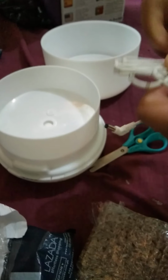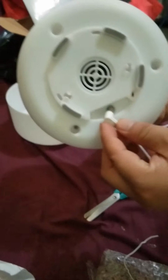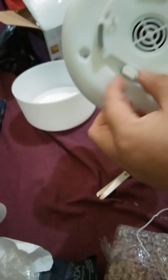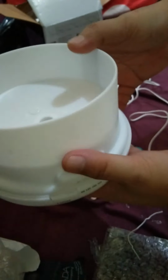So now we are going to show you how to operate, or how to use your humidifier. So first you have to attach the cord. This is the measuring cup. You have to measure at least